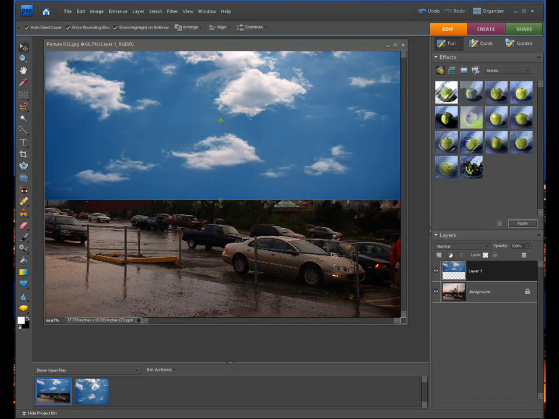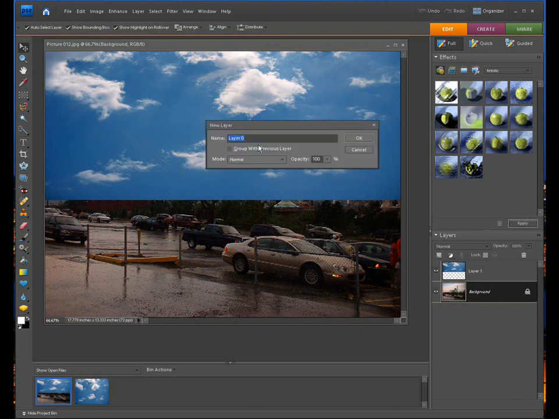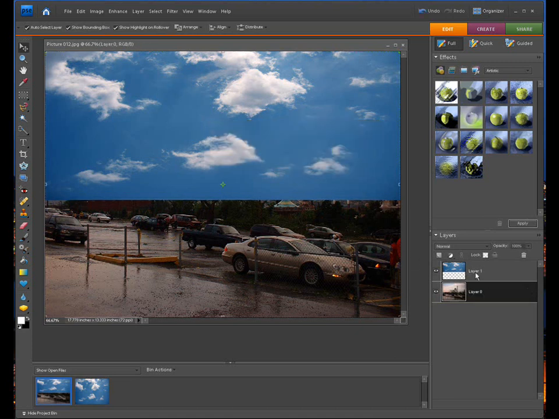Now, everybody that's been watching these shows for a while knows I always duplicate the background layer. But for this tutorial, I'm going to make it a little easier on you. Just double click it and it will unlock this layer and give it a name, Layer 0. Now, with that done, we have to trick Photoshop Elements, because ordinarily Elements does not